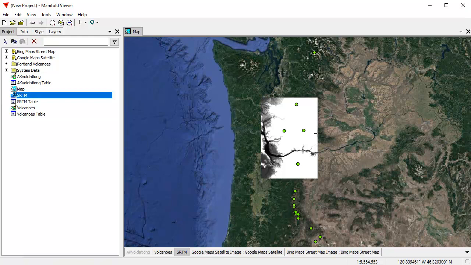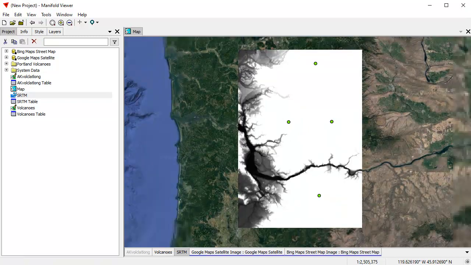And there. Because it's one image, Manifold can kind of guess at how to style it. So it's guessing it there with this sort of preliminary level of styling. We can see where the Columbia River flows into the basin here, and it meets the Willamette River, approximately where Portland is. Let's style this